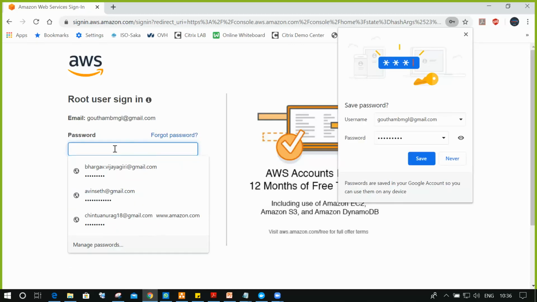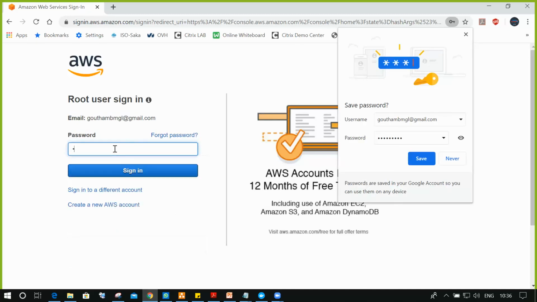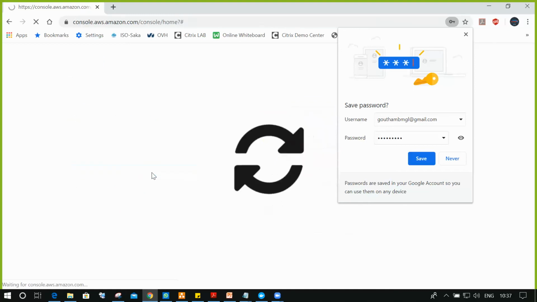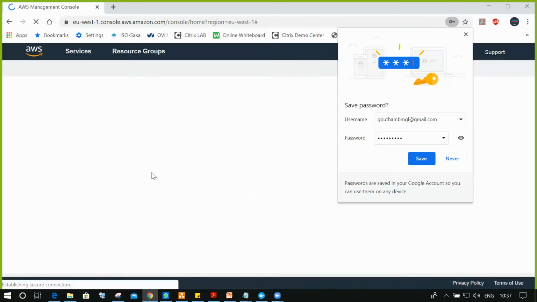Now it is asking for the password. Now we have successfully logged into the AWS Management Console.